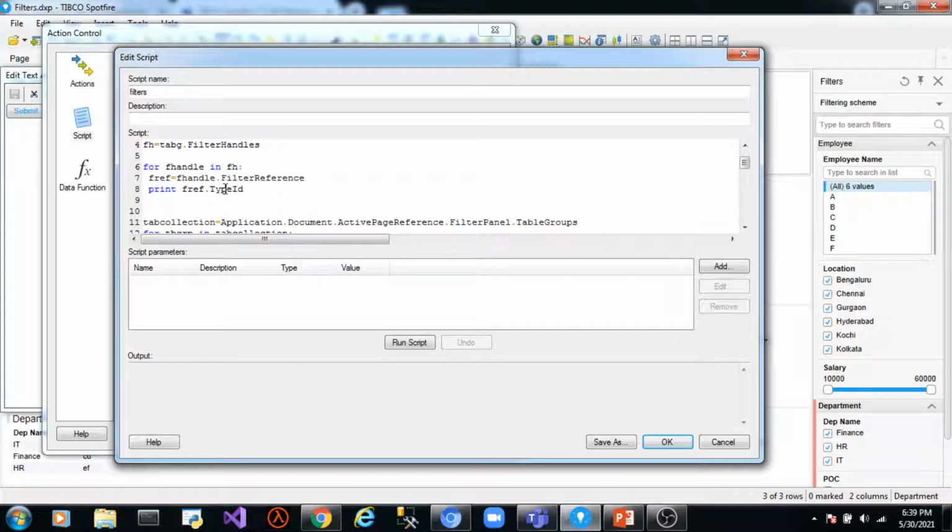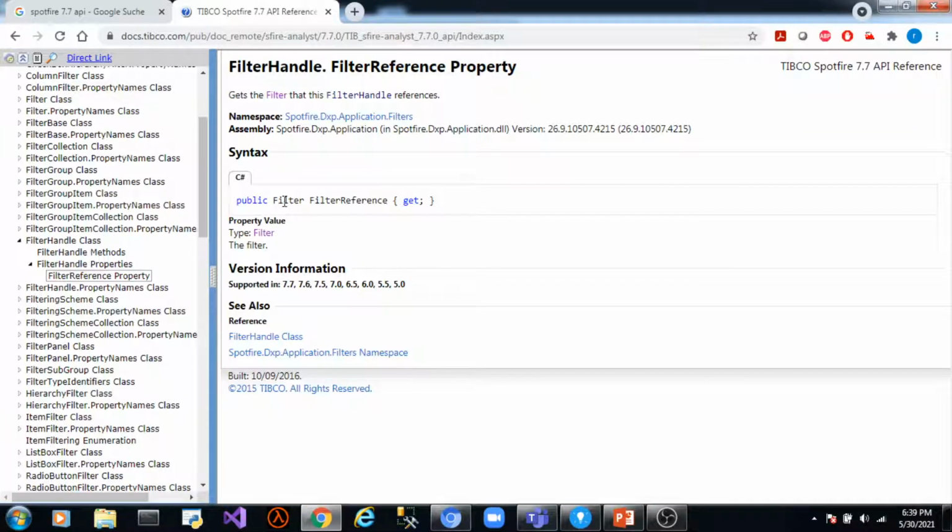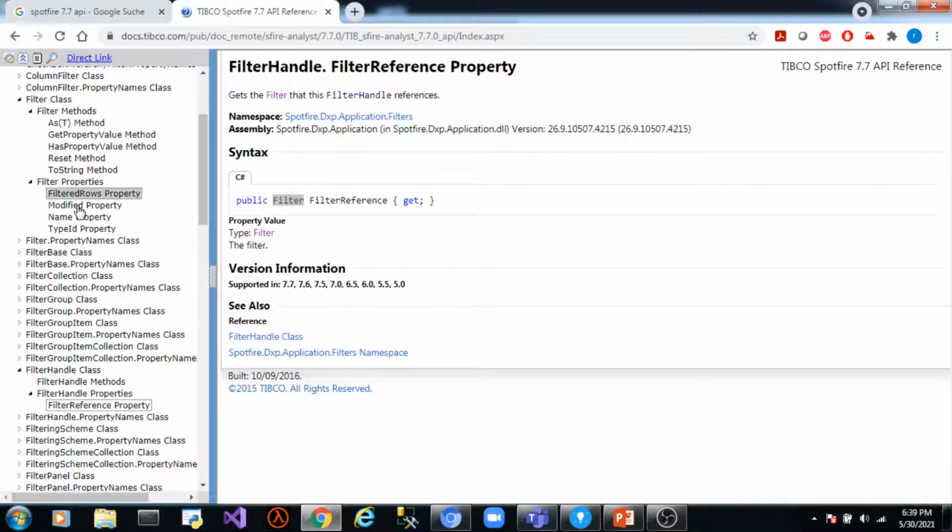So you can use all the properties and functions with this, which are defined in the Filter class, because the return type is filter, right? It is returning a value of type filter. If you go to the Filter class, you can use all these methods and properties. You can try these out in your spare time. These are not so complex, simple. Okay.